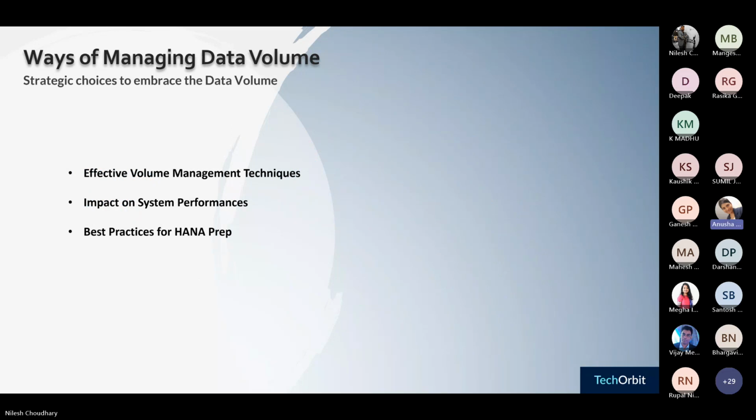Okay, so the next subject that we want to take you to is the way of managing the data volume. Now we understood what data archiving is and what the key benefits of data archiving are. Now we will understand what techniques we have, what processes we have, and what best practices we have, so that it helps you achieve data volume management in your SAP system. So moving on,